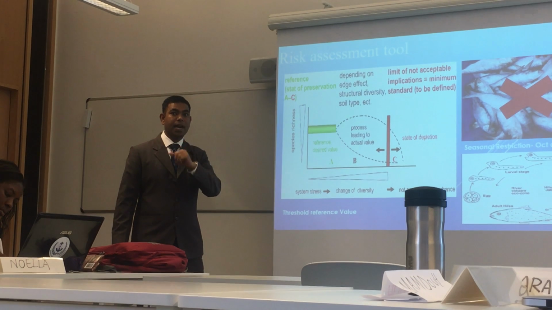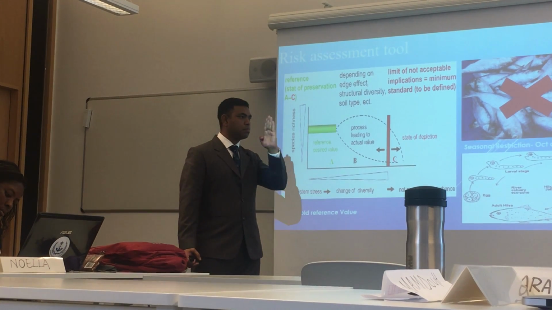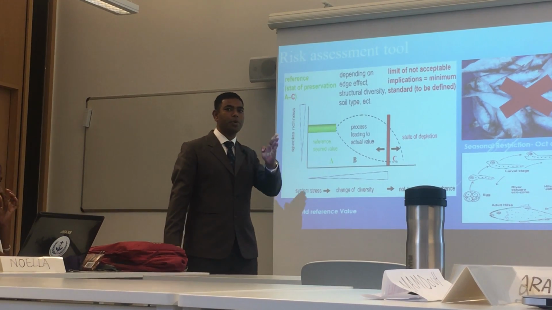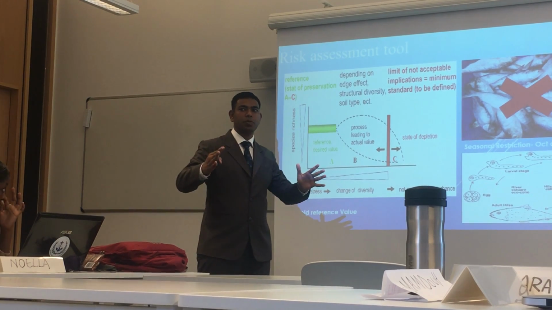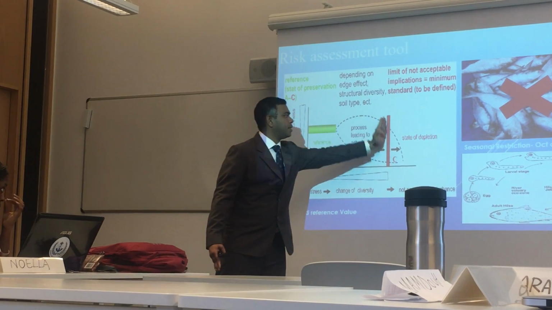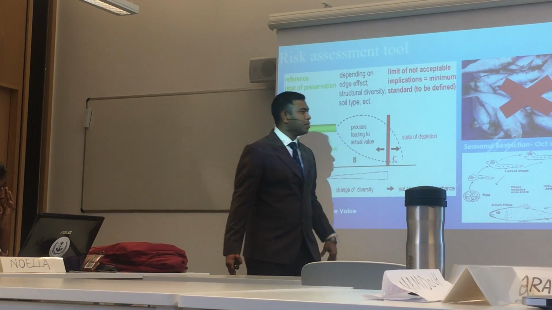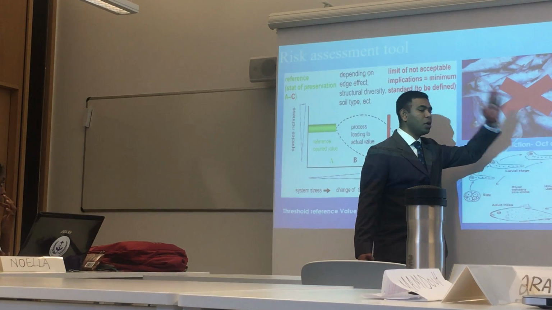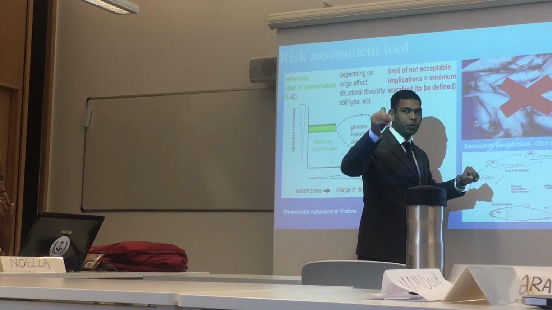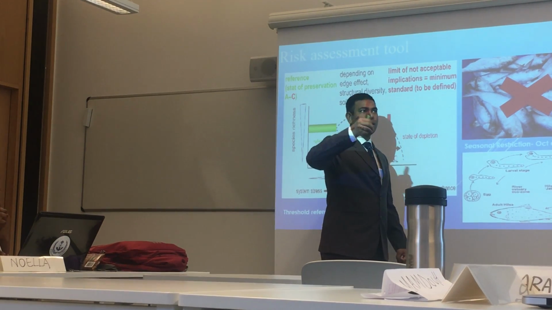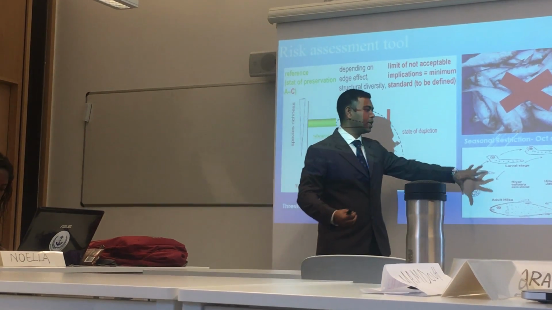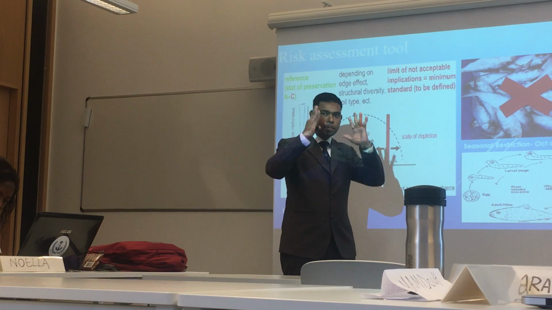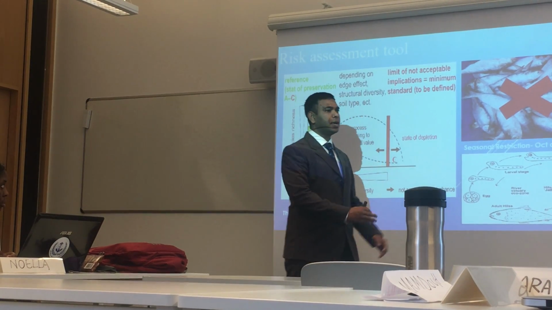I think our colleague has discussed it very nicely. So the government should identify some threshold value up to which you can pollute. After that you cannot pollute. Once you exceed it, you have to stop the construction work. So that is the reference value. And we can use the seasonal restriction also. Like in Bangladesh, we have a seasonal ban in October and November. We don't catch hilsa fish. So we can use this tool also. When these fishes like hilsa are growing up, we can stop working at that time. So that is our seasonal restriction.